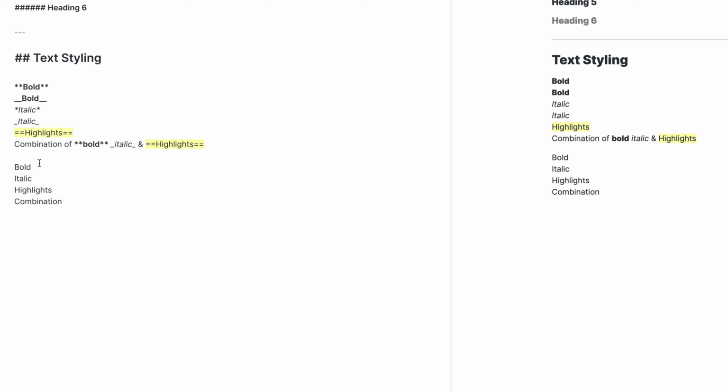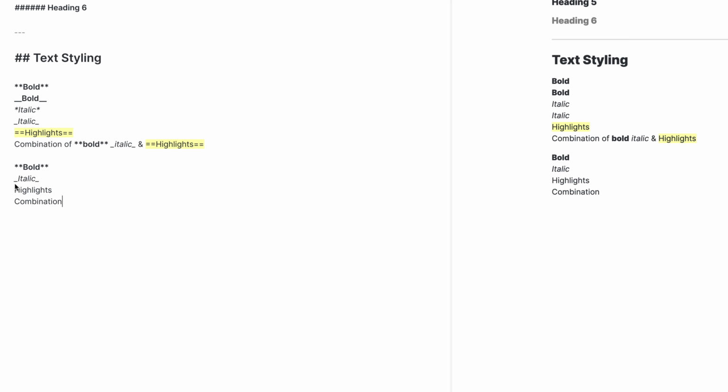Now why have I written this again? There's an easier method to do it. You don't have to add this again and again. Highlight the text with the cursor, press shift, and while pressing shift, just add the asterisk. What you'll see is it will add the asterisk on both the side and the highlight will be centered. Similarly for italic, I just have to do underscore with shift pressed and it'll do that. Now with highlights, unfortunately it doesn't work.